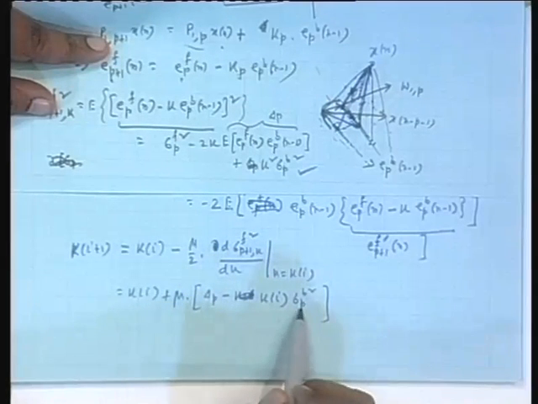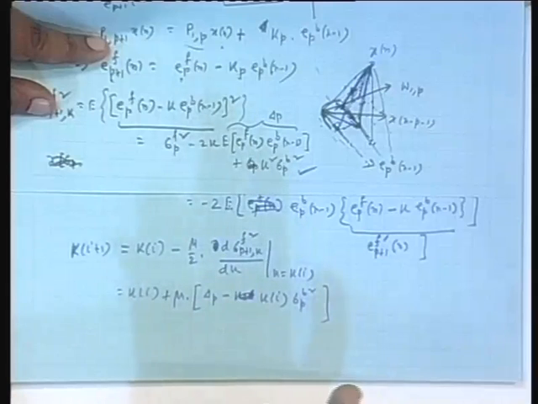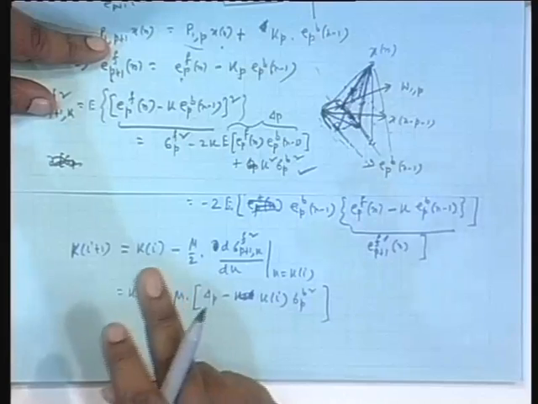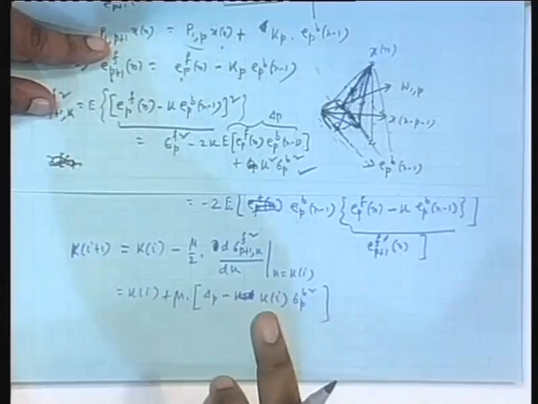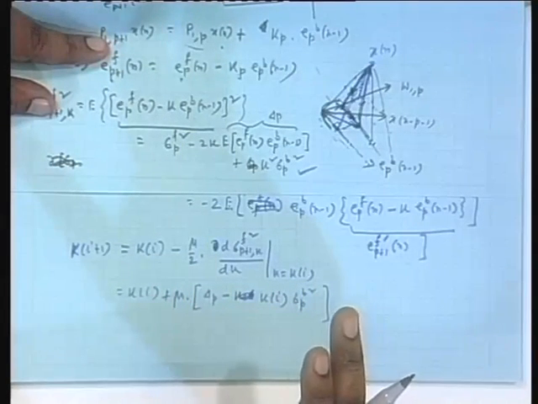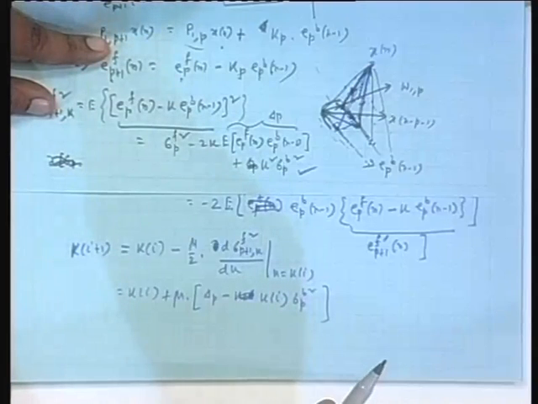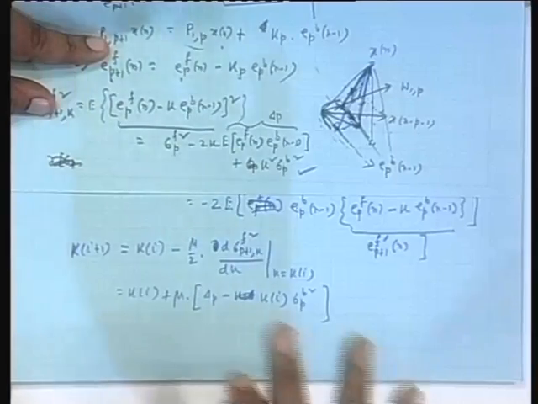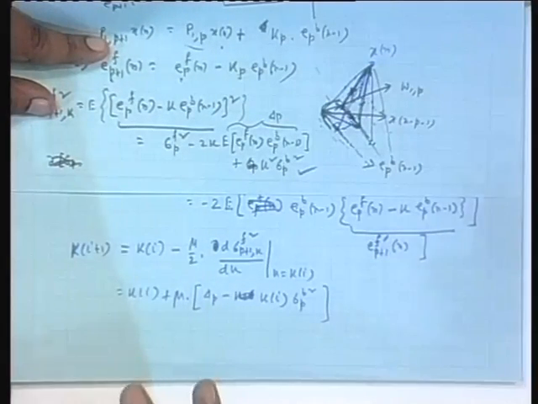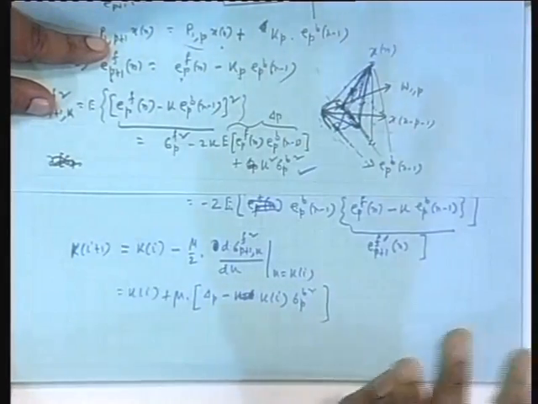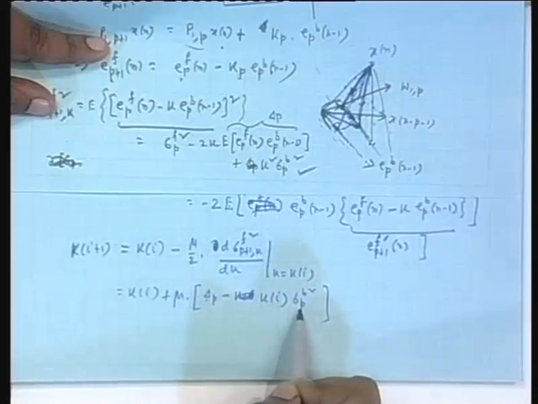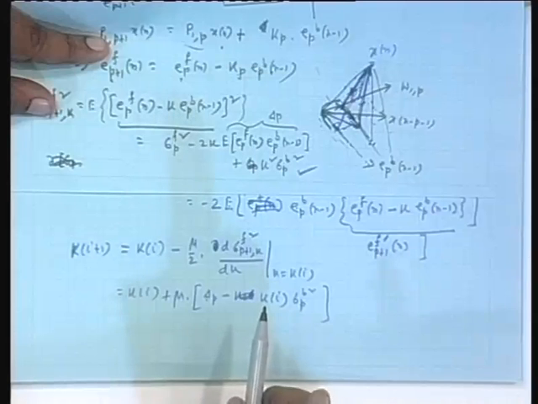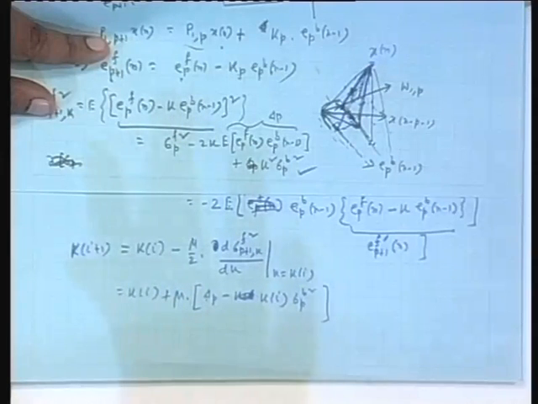So, that means delta p is also known to you. Like in the steepest descent case, the R matrix and p vector are given in that process, and the gradient involved R and p. Remember, p minus R W, something like that, was the gradient. In the steepest descent business also, I assume the input to be stationary, and R and p were given to me, and the gradient was available in terms of R and p. In fact, p minus R W at W equal to W i. Similar thing here: delta p and these are known to me, and the gradient is evaluated at k equal to k i. That was evaluated at W equal to W i, it is k at k equal to k i. Okay.